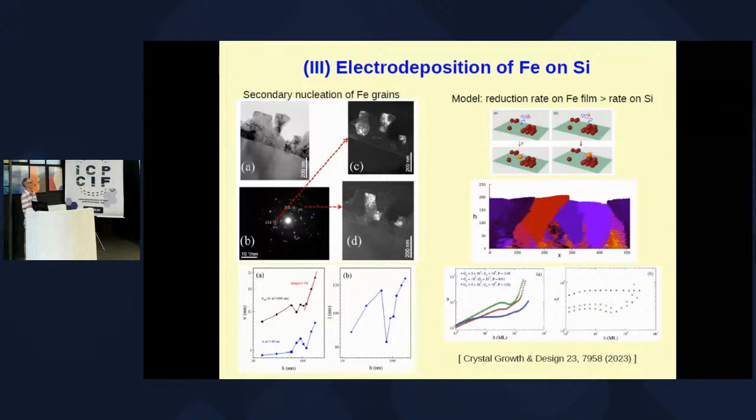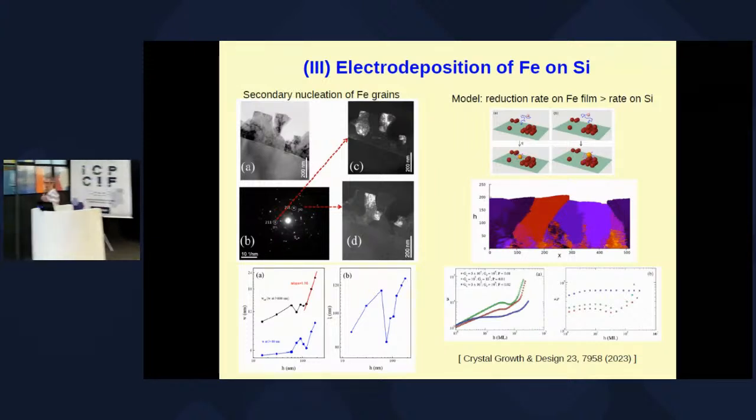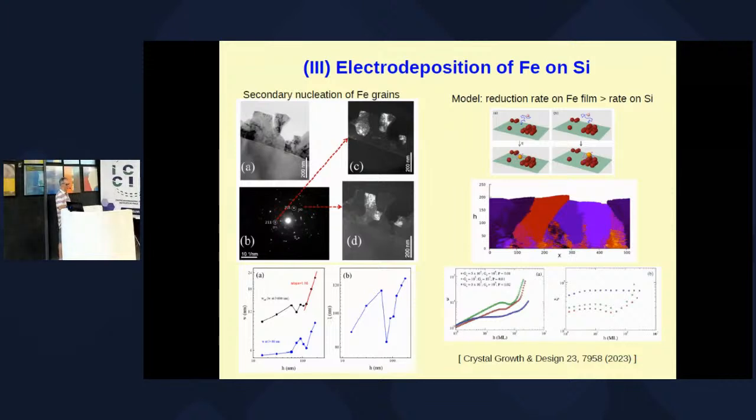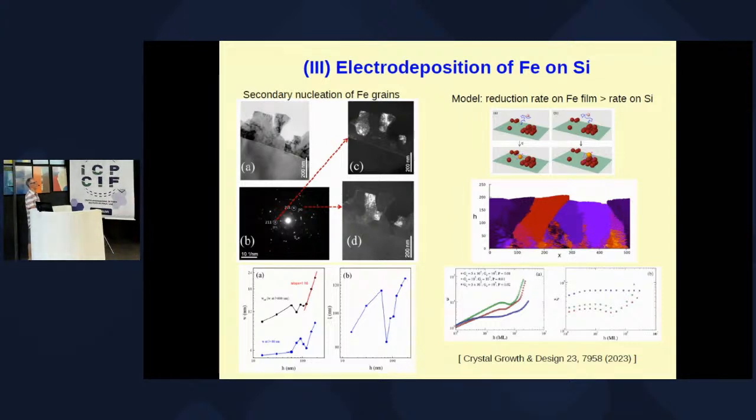What we see in our simulation is that the roughness has a similar feature, so that it increases, then has a plateau, possibly a slight minimum, and then it rapidly increases, suggesting here that some instability is developing. The instability may be a mound growth, may be dendritic growth, and then we see this rapid increase like in the experiment. The correlation length may have a small decrease, but not as large as that observed in the experiments.